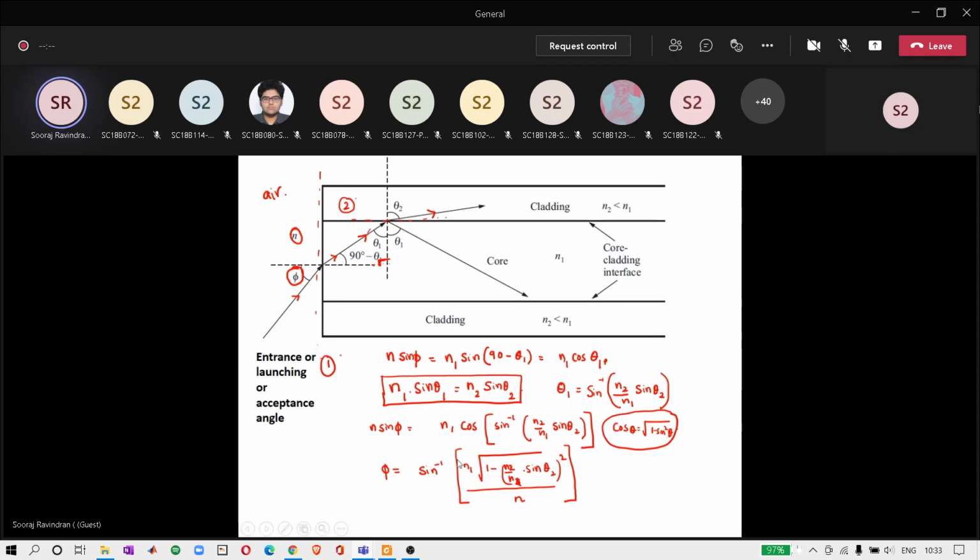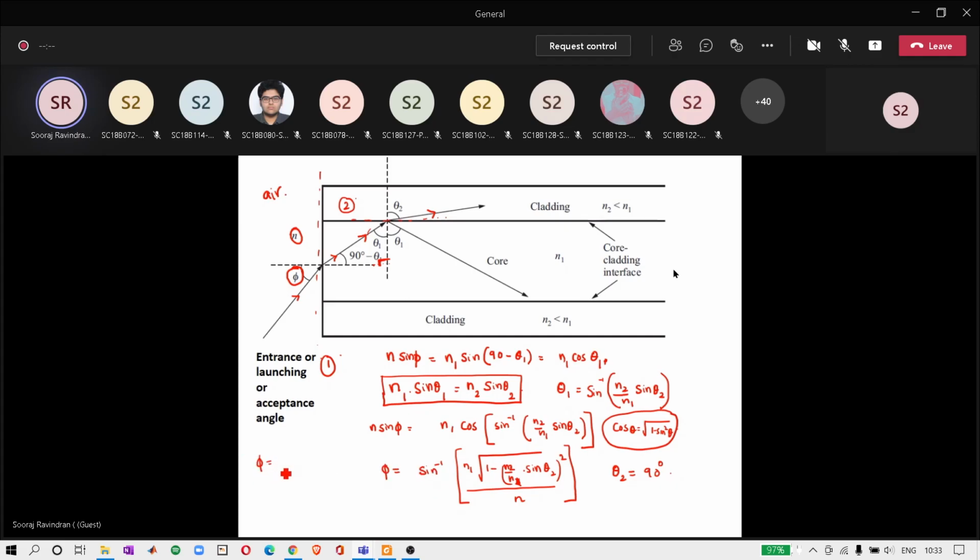So now we have got a relationship between phi, that is the launching angle, theta 1 and theta 2. Now, if you want to have total internal reflection, then what should be the value of theta 2? What should be theta 2 for no ray to enter the cladding? What should be the minimum value of theta 2? 90 degrees. Theta 2 should be pi by 2 or 90 degree. So apply that condition. If theta 2 becomes 90 degree, then this expression becomes